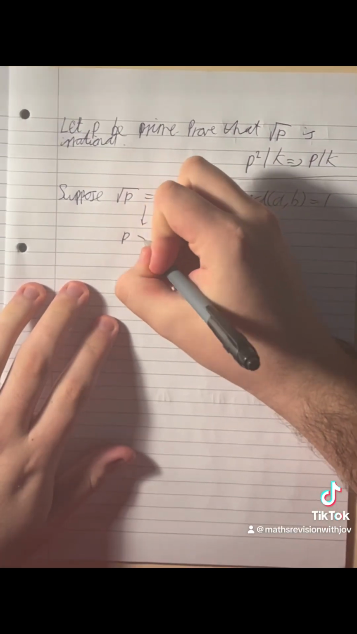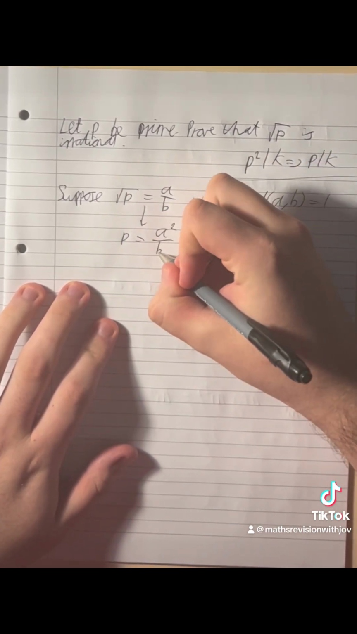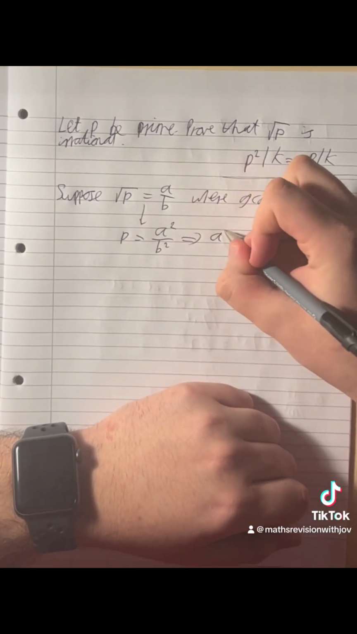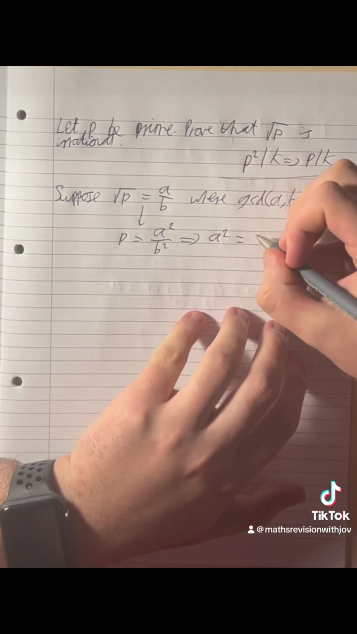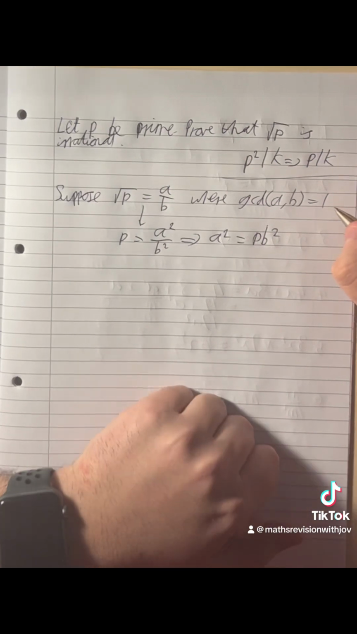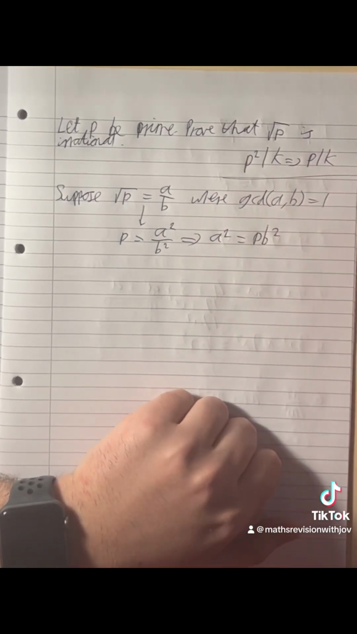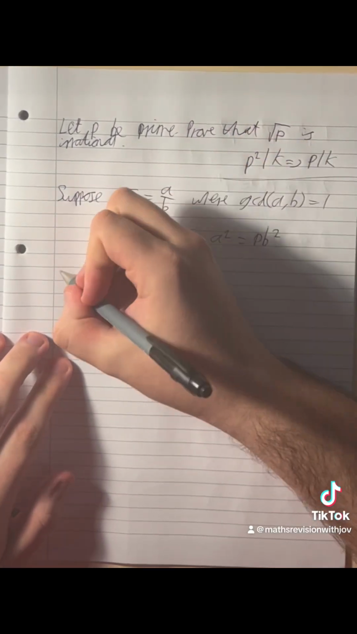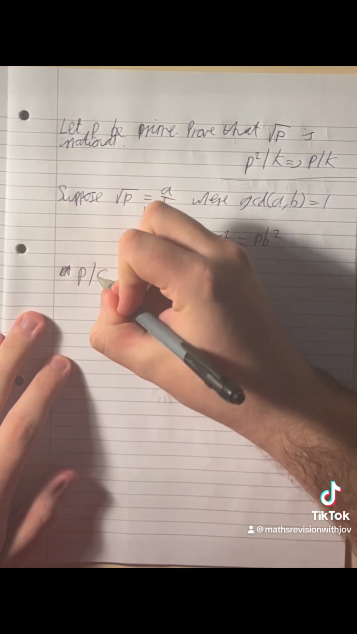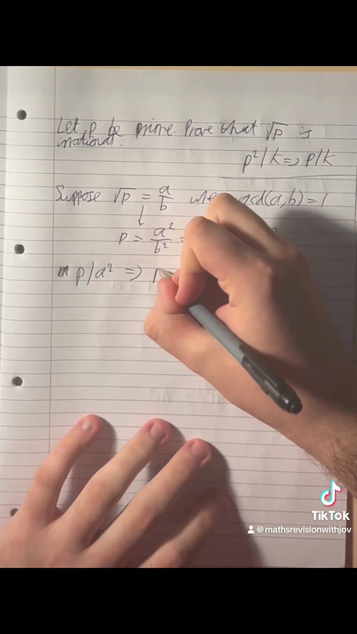We say that p is equal to, well, I've squared both sides, so that's a squared divided by b squared, and then we get that a squared is in fact equal to p times b squared. And that means that a squared is actually a multiple of p, okay? So a squared is a multiple of p, which means that p divides a squared, which means that p